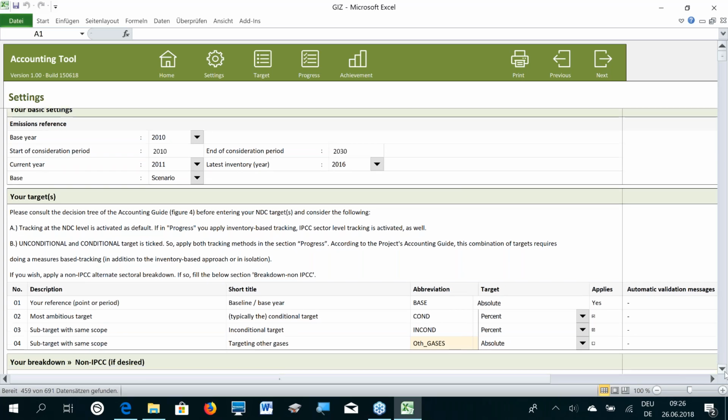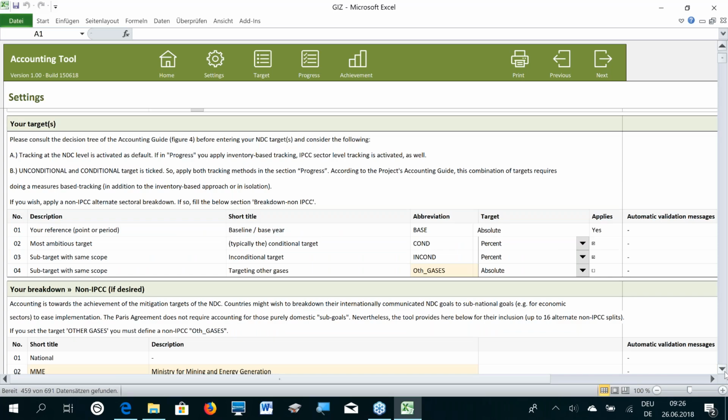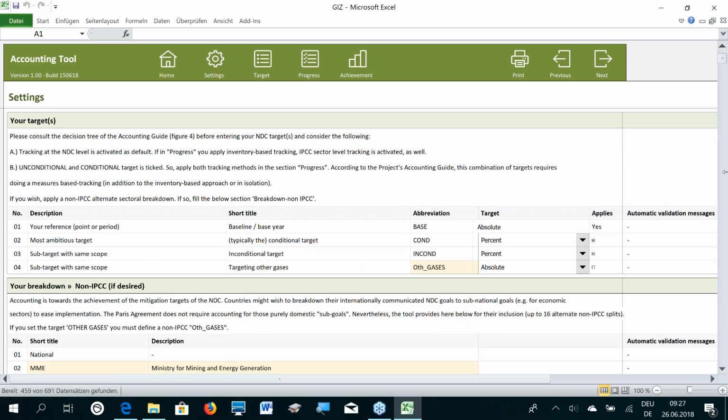Then just below you can specify your targets, and